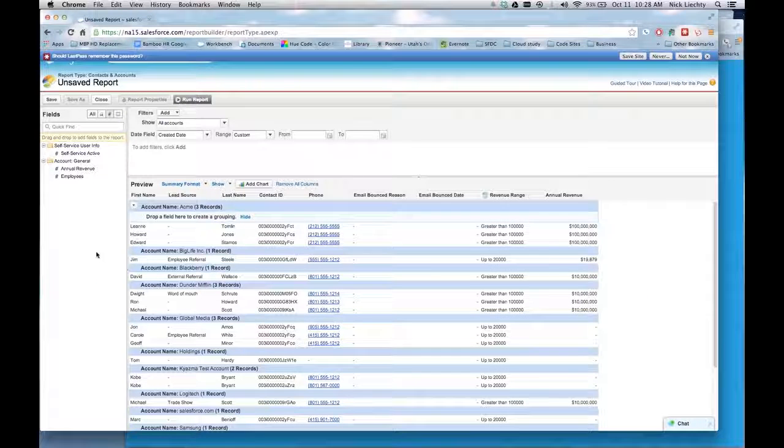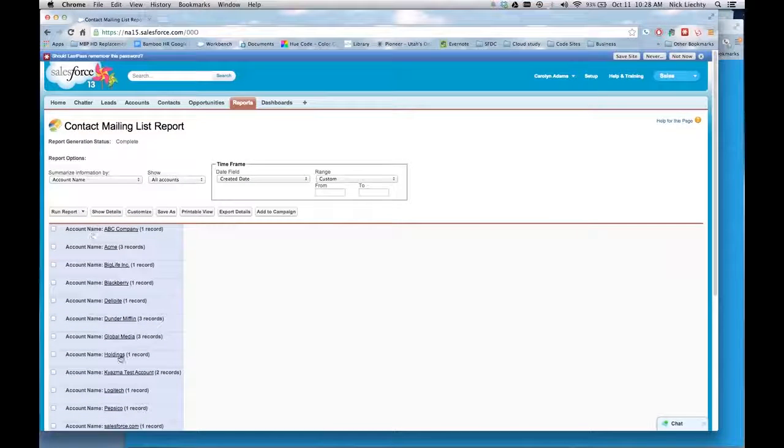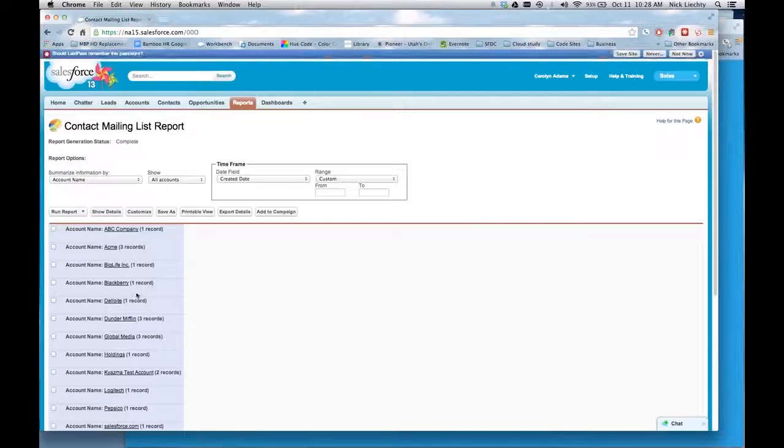Okay, so revenue range, it tells us what range that's in. I'm going to take the account name. Well, let's see what this looks like. So we've got it by account name. If we hide the details, we can see just how many records we have, how many contacts we have